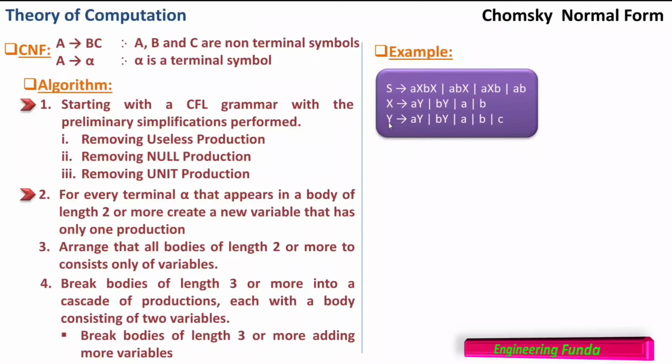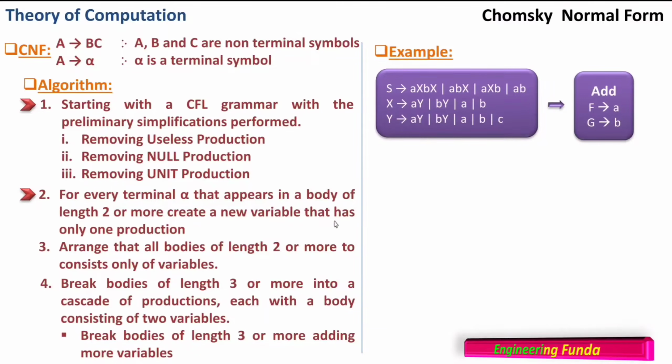But we are not interested in X tends to small a, X tends to small b, Y tends to small a, small b or small c, because these productions are already in Chomsky normal form. You can see here it is the A tends to alpha form. So we have to focus only on the rest of them. Now focusing here, we can see that there are 2 terminals, a and b, which are present. C is not present in any production of length 2 or more. So we have to add